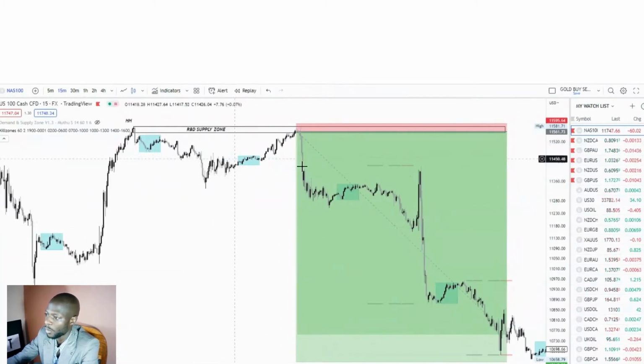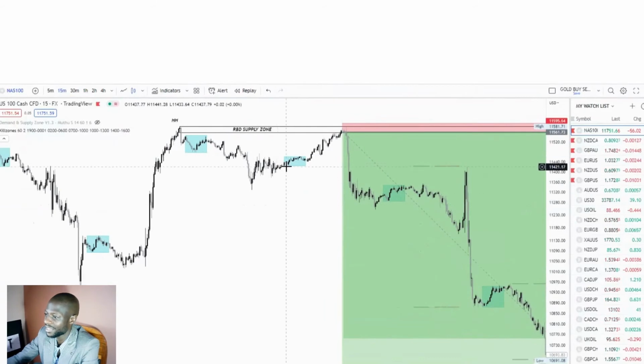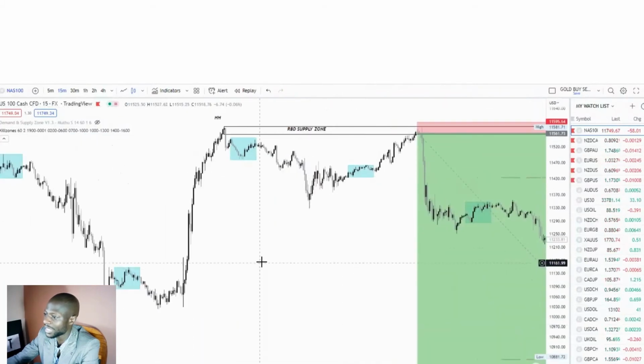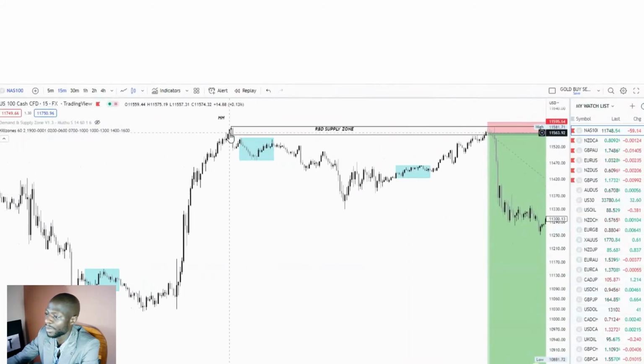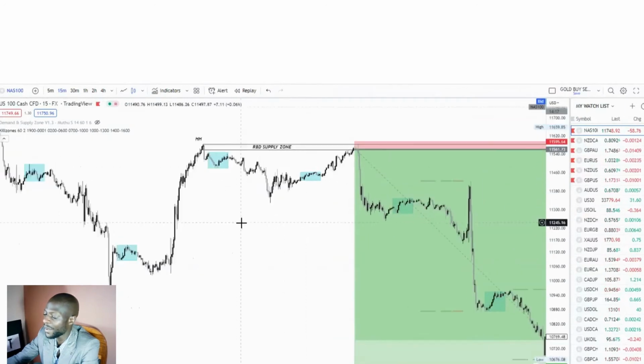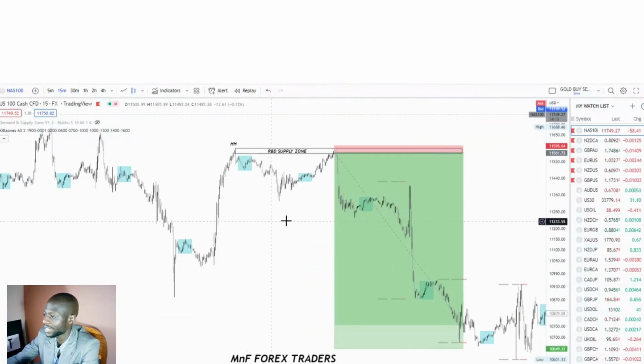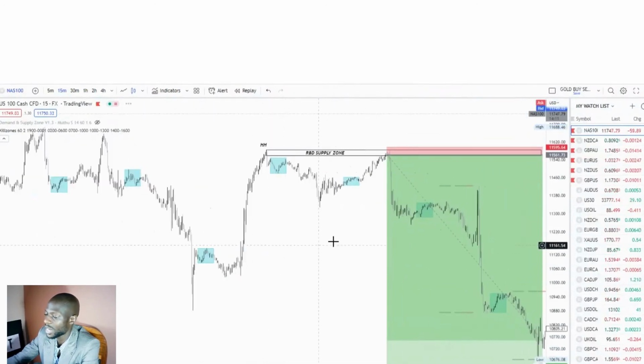And then what happened was we had this Asian session here. Okay, and what happened? Price took out the high of the Asian session, and then guess what price did? It went exactly to where we had our rally based drop supply zone. Look at this candle. We had a big momentum candle right here. Price directly went to this area right here, and what happened? Price just dropped,